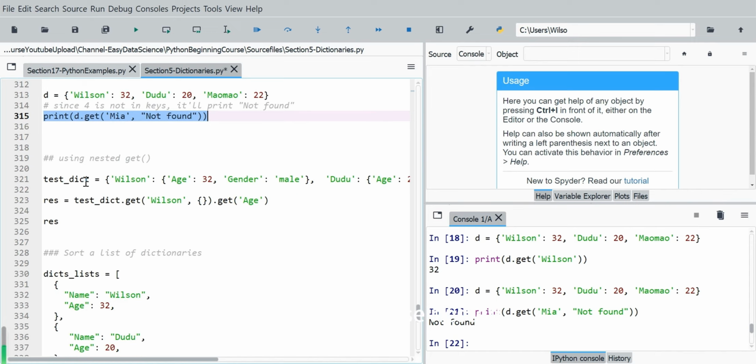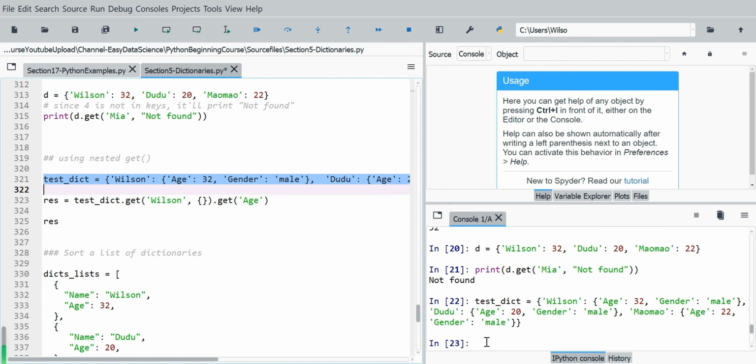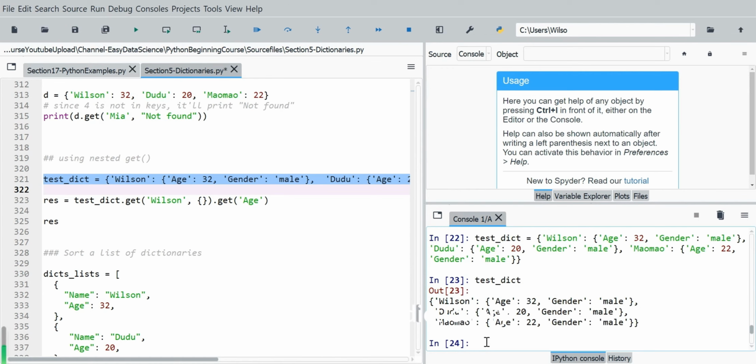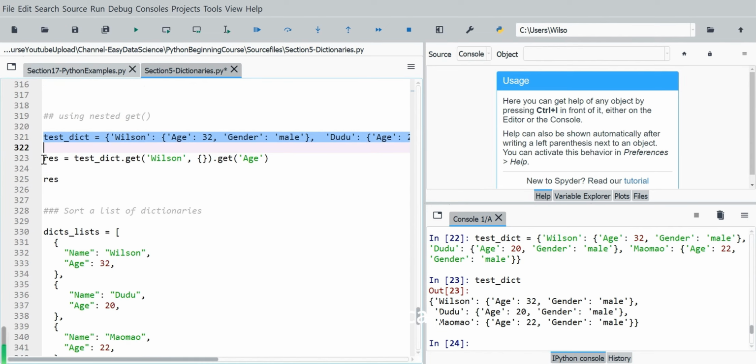You can also use nested get methods for a nested dictionary. We create a nested dictionary. So we see this dictionary. For each key, the value is also a dictionary with 2 key value pairs, for the age and gender of each person. Next we can